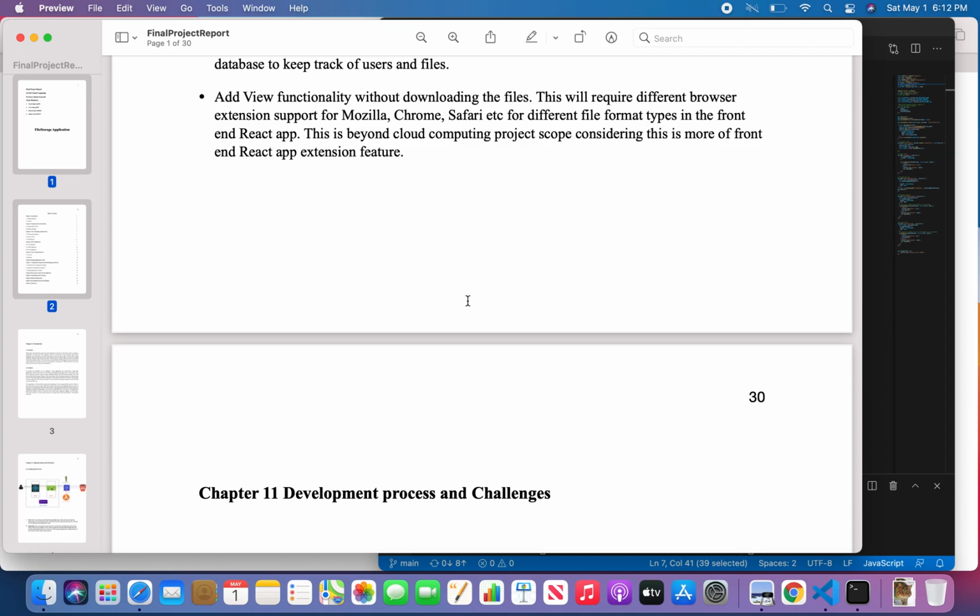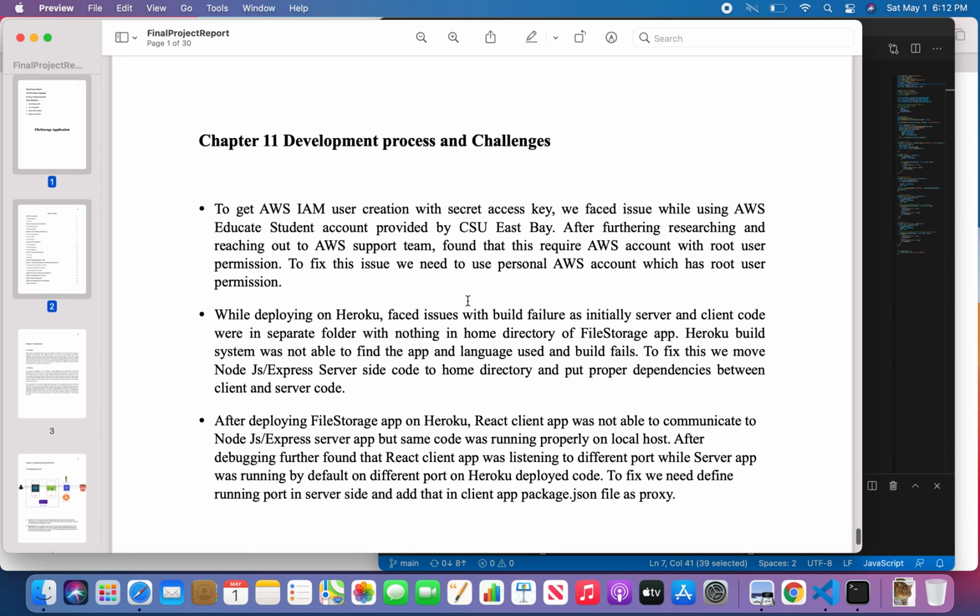So what were the development process and challenges that we faced? The first thing we faced was with our CSU East Bay AWS Educate account. Initially we were trying to use the AWS Educate account to get our secret access key and access ID.